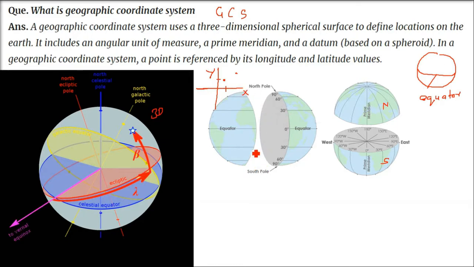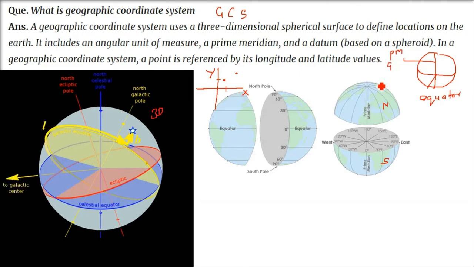We divided the Earth again into vertical 2 parts. This is the vertical 2 parts. We called it the prime meridian. Now this prime meridian, you can assume, is also a circle. It is also a plane. And this line is actually passing through Greenwich, a place in the UK. So in order to locate a point, we got the origin.